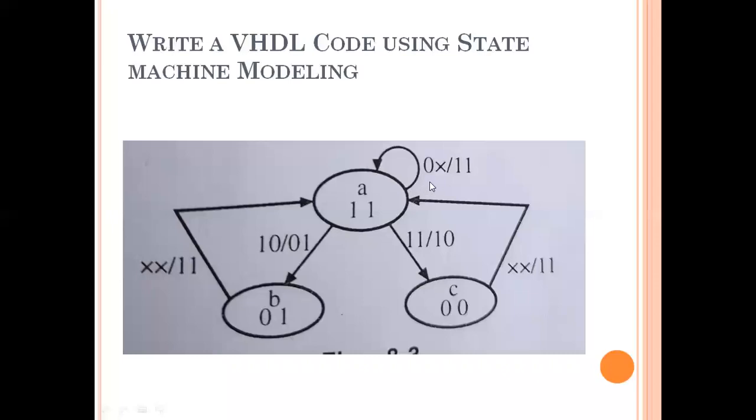So for this machine again, here you have to write down the code. This term is the input and this is the output. Same as before, initially it is A, B, C. There are three states, right? For these three states, on the inputs we are applying signals, so accordingly the output will be assigned as this. So all of you have to try to write down the code for this state diagram.